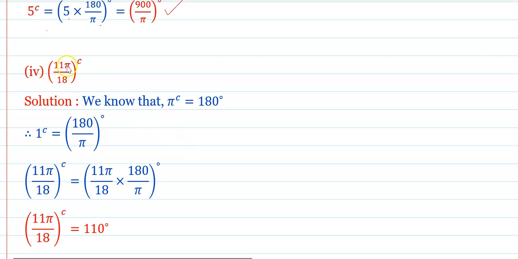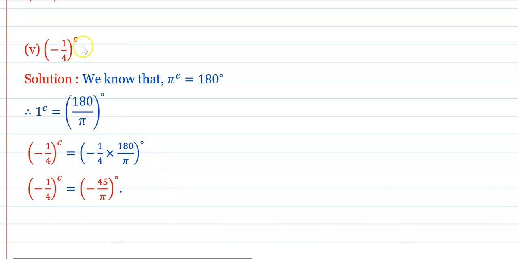Next is 11 pi upon 18 radian. Again we will multiply 11 pi upon 18 radian by 180 upon pi. Here again pi pi get cancelled. 18 ones are and 18 tens are. 10 into 11 you will get 110 degree. Okay, now the next one, minus 1 by 4 radian. Minus 1 by 4 radian is equal to minus 1 by 4 into 180 upon pi degree. And next simplification, 180 upon 4, you will get here 45, and that is minus 45 upon